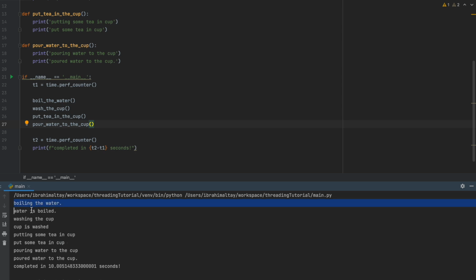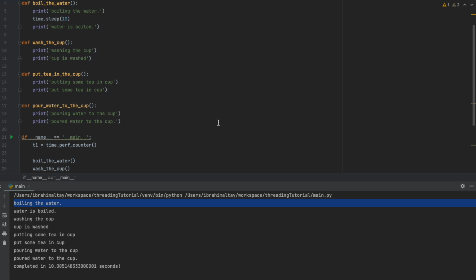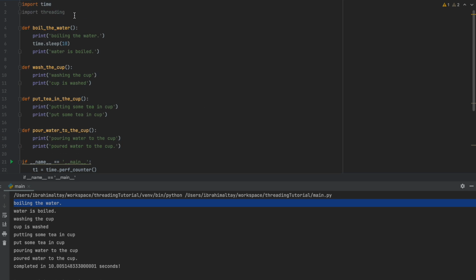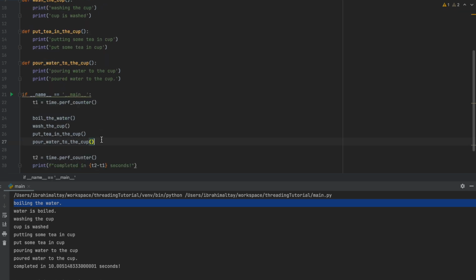First we boil the water, then we wash the cup, then we put tea, etc. Now let's try to do it asynchronously, but in a bad way, like I showed in the video. Make sure you've imported threading at the top, and here I will delete those 4 methods and replace them with threads. A thread is basically a task that we can perform in parallel to the other tasks, just like these